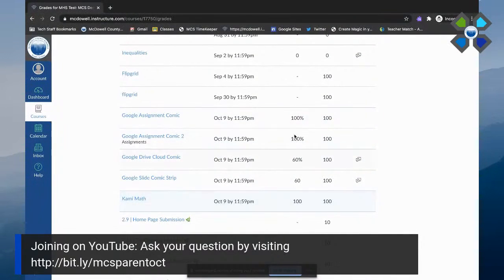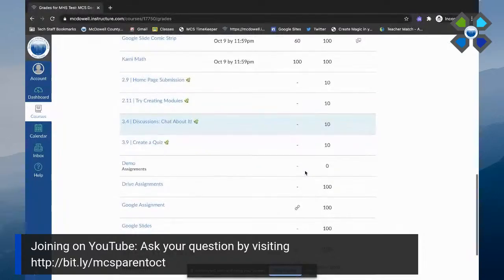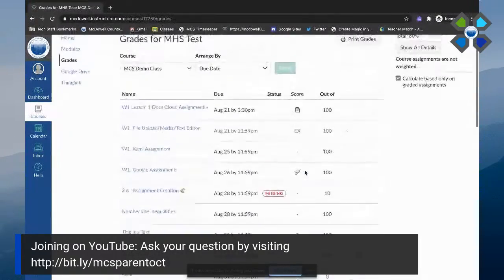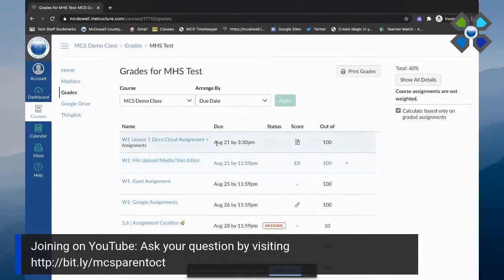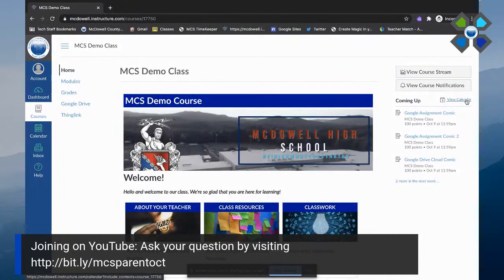This would be some that we actually graded. These are just all practice things. So you can see this grade was 100%. This was 60 down here. So you can go through and see what they're missing and talk to them about what they need to catch up on. Also, back at the beginning here, from the home page for this course, we can see the calendar view,